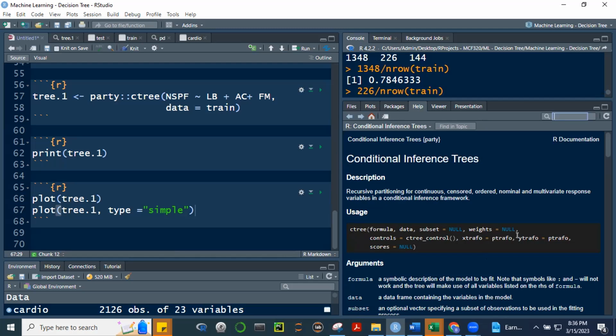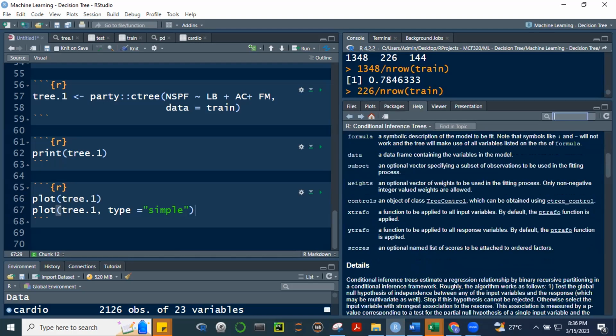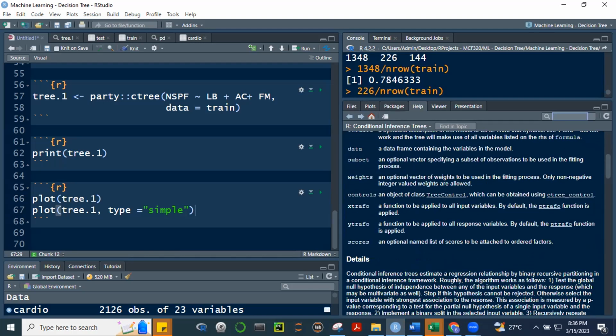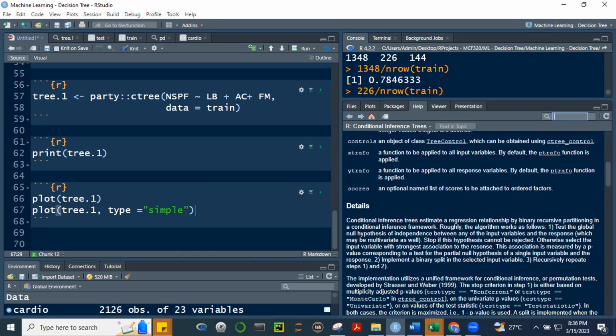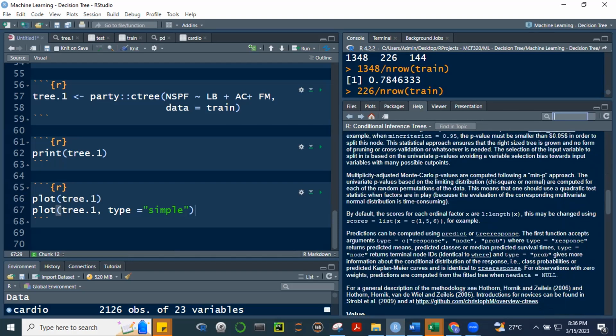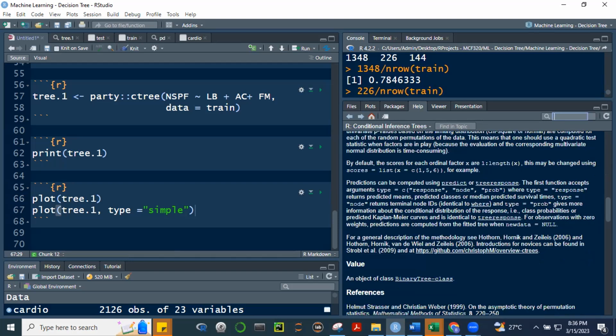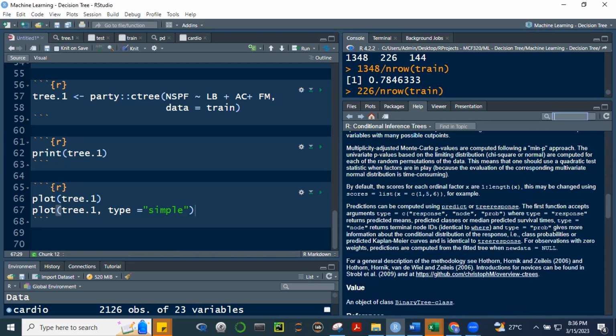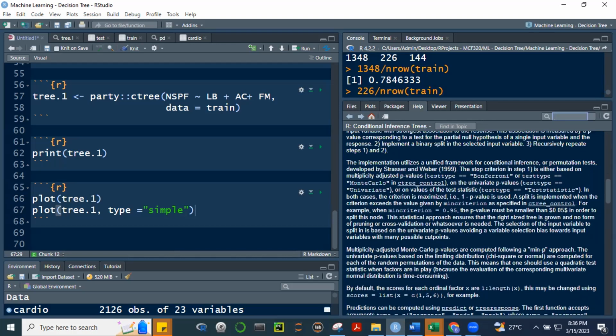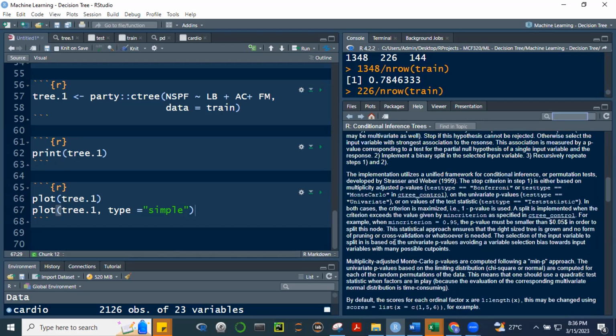Ito yung functionalities niya. May controls na pwedeng ilagay. So ano yung C control na to? Tingnan natin. An object of class C3 control from the C3 control argument. So pwede natin tingnan yun. Asa yung C3 dito? C3 control.